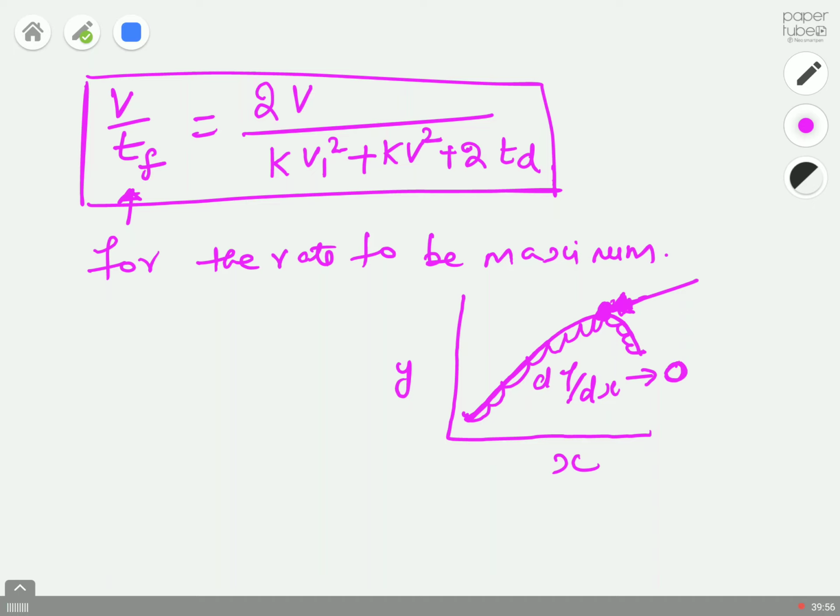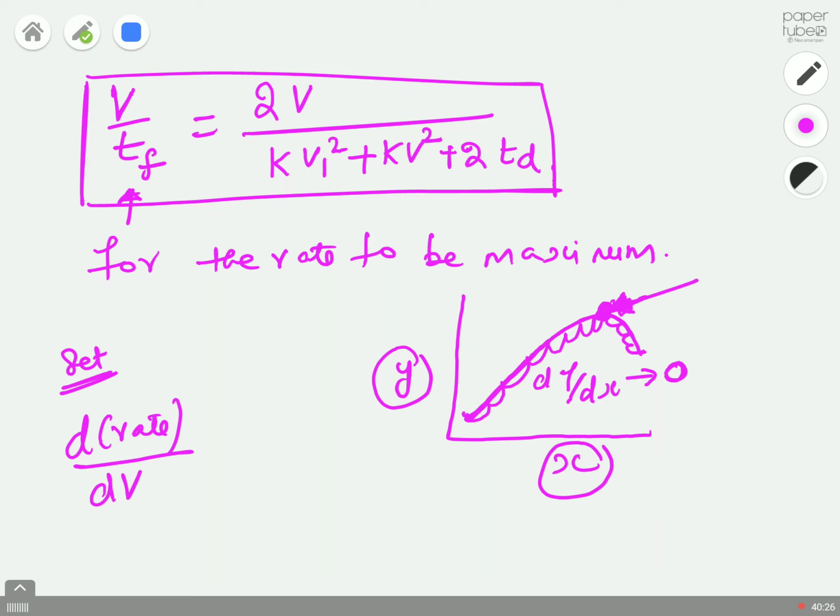So if you differentiate the change in y with respect to x and set it to 0, that should give the point at maximum. Yeah, so that's what we are going to do. We need to calculate the total time of filtration when the rate of filtration is set to maximum. So how to do that? That will happen when the change in rate with respect to the volume of filtrate that we collect is equal to 0. So I'm going to differentiate V divided by TF